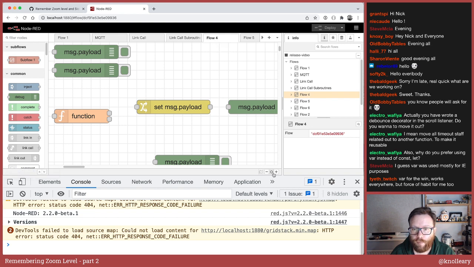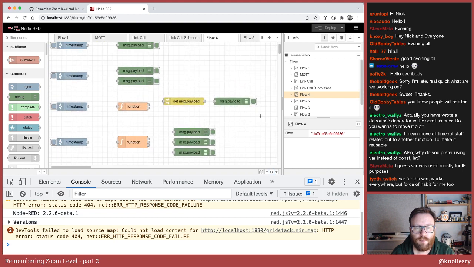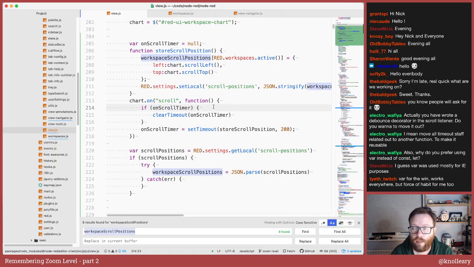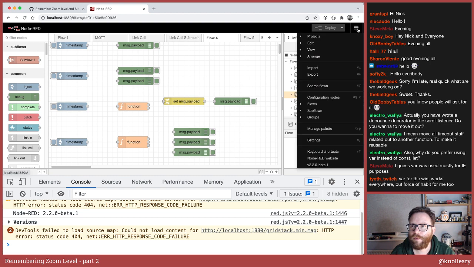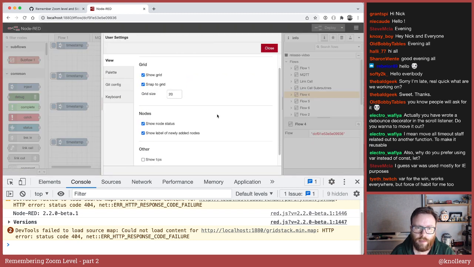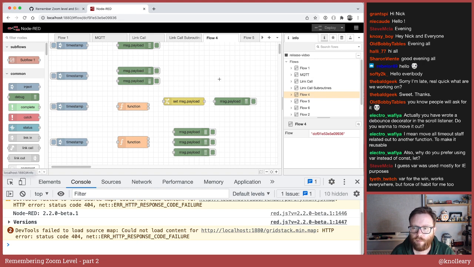So we're now remembering both position and zoom level, which is neat. But I have to admit, remembering scroll position was not what I intended to start with. It wasn't even something I was considering, but it seems a natural thing to have done. What we really want to do now is to make this optional. We want to make it so the user can opt in to having both the position and the zoom level remembered between